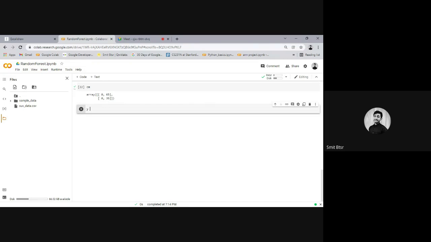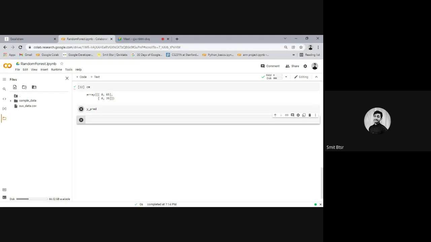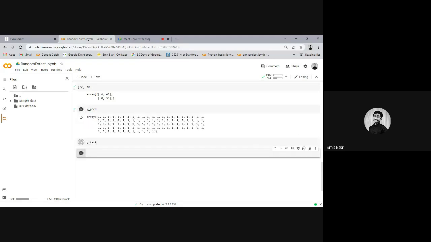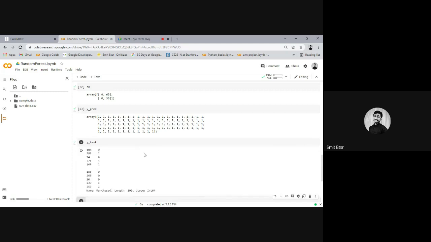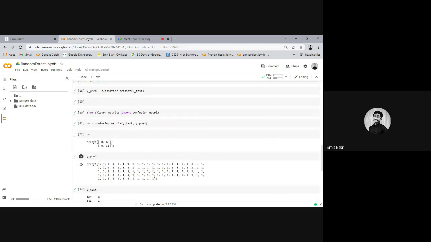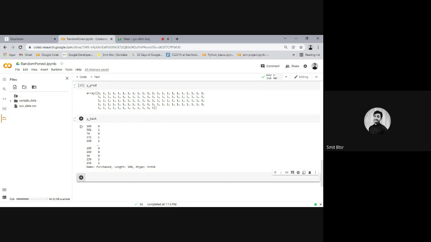Why predict and y test. So these are all ones, right? Just a moment. So these were the original values and these are the predicted values, all the ones.